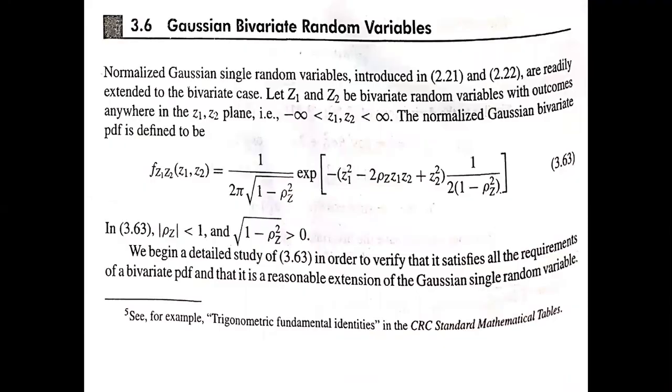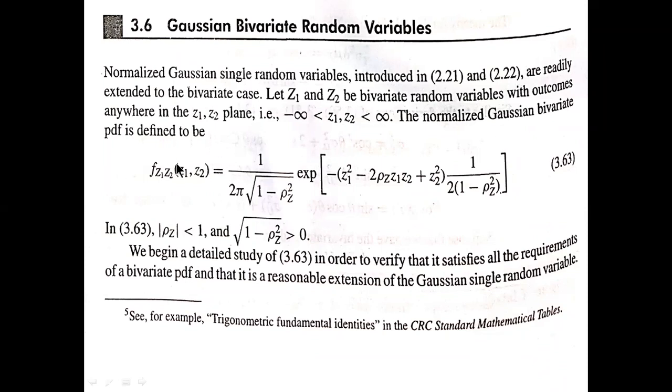Okay. In the Gaussian bivariate random variable, we have seen how the single Gaussian random variable looks, the PDF for the Gaussian random variable. Now we will consider the same thing over here. We just extend it to two dimensions, two different random variables Z1, Z2 together, and then it will become a Z1, Z2 plane, and hence corresponding to that, we will get the normalized Gaussian bivariate PDF, which is